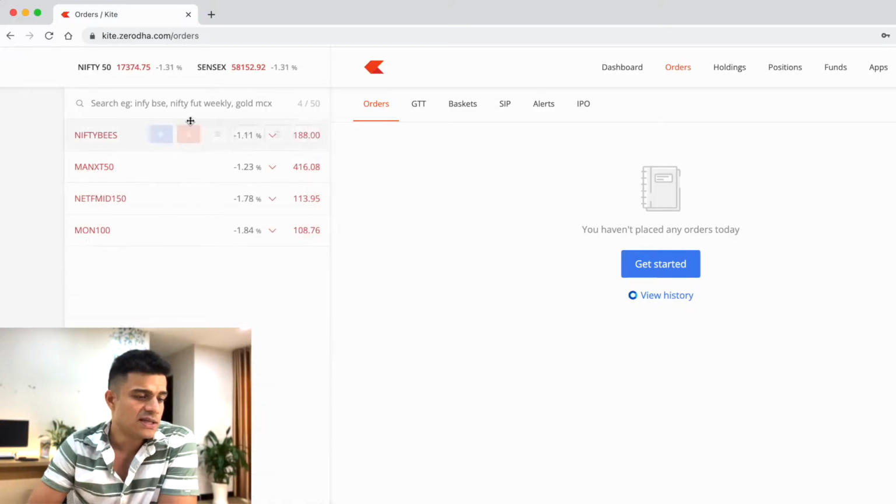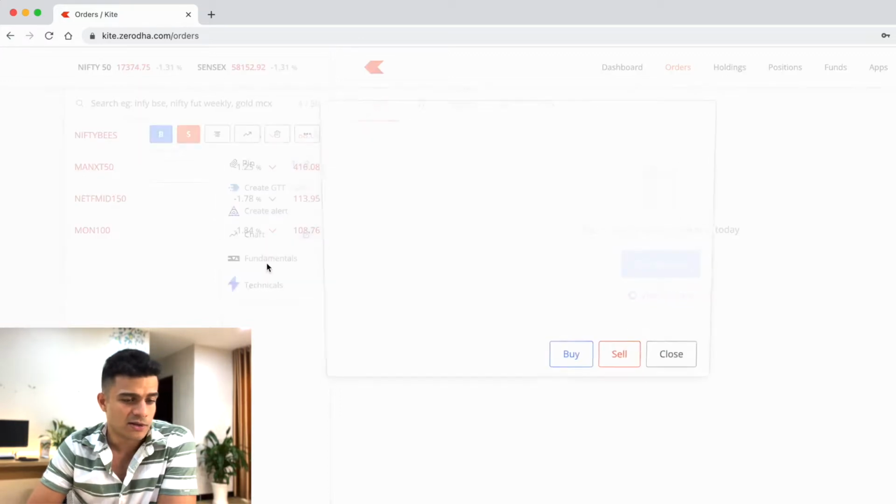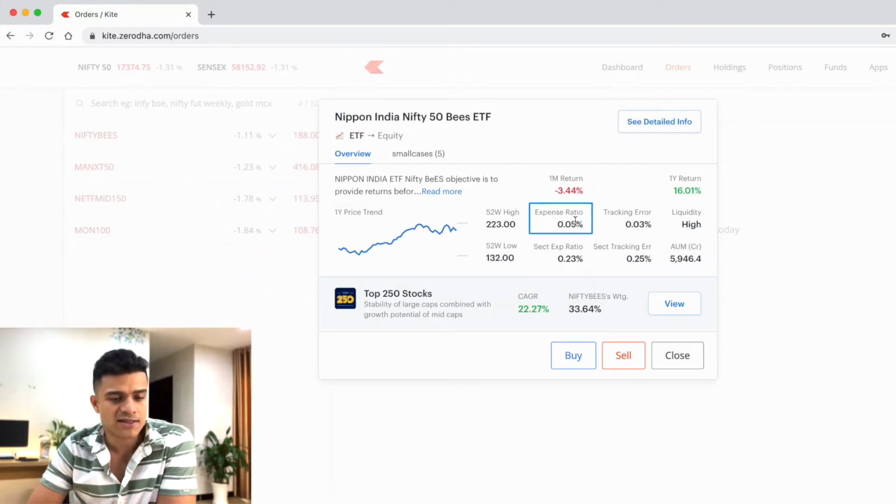So Nifty Beast, and all you want to do is click on more and then click on fundamentals, and then you'll be able to see the expense ratio on this one and the tracking error. So the expense ratio here would be the lowest possible expense ratio that you can get on the Nifty 50, unless you want to create your own Nifty 50 portfolio, which is going to be a huge headache for you to manage. So this is probably the best deal that you can get in terms of expense ratio,